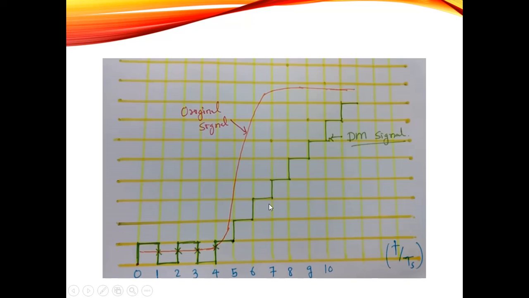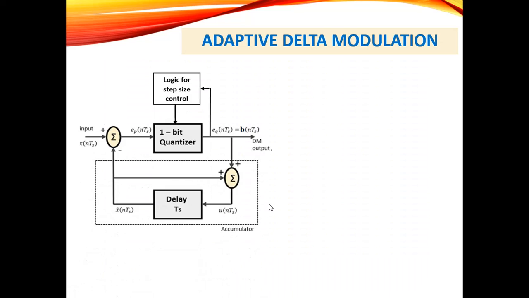Now we will see the block schematic of adaptive delta modulation. This is input x(t) and Ts. The integrator or prediction filter produces the output x-cap(t) and Ts, which is applied to the summation circuit. It produces the error, and this error is applied to the 1 bit quantizer. This 1 bit quantizer reduces the slope overload distortion or the granular noise, with e(q) and Ts, and produces the delta modulation output.